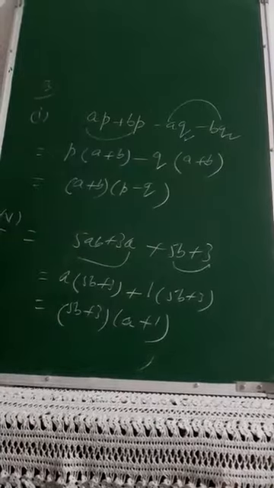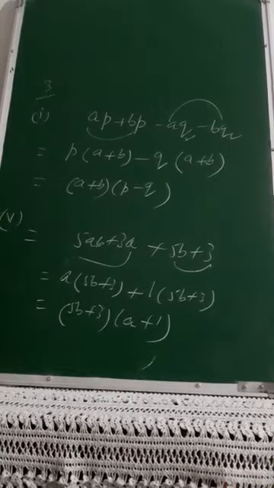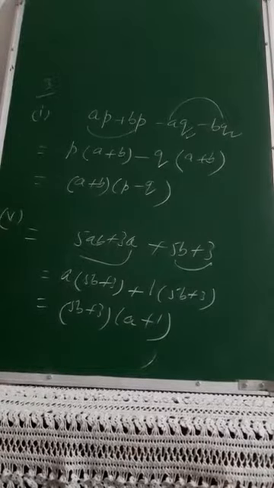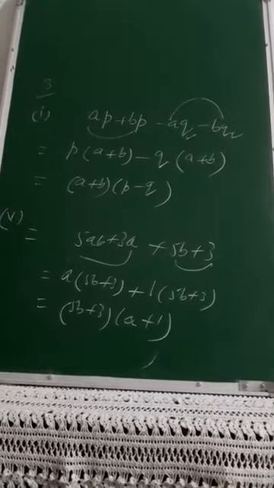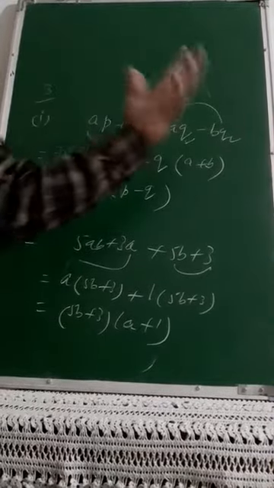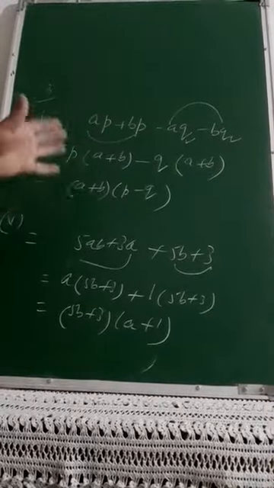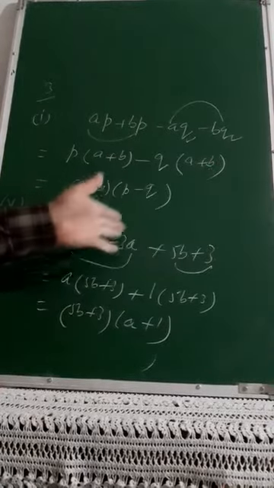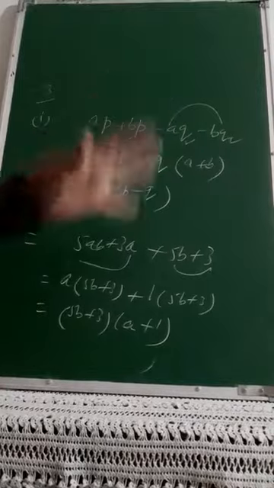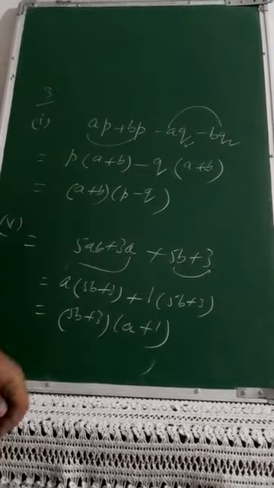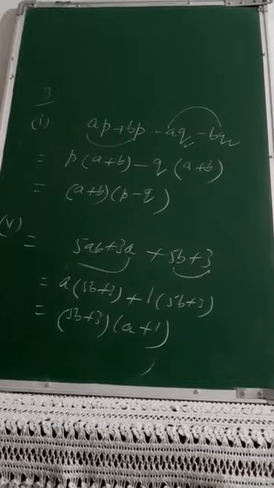So 2 parts I have shared, 6 parts I am leaving to you. You try, otherwise I will come back to you with all the other parts also, on how to go for factorization done by making groups or by rearrangement. In rearrangement, if you want, you can shift the 1st term to the third place or the 4th to the second place as per the requirement. Otherwise, if not required, you can straight away make the groups. That you have to check. Thank you.